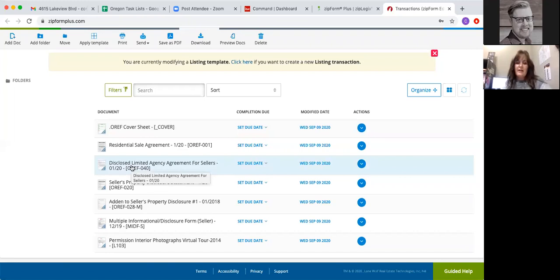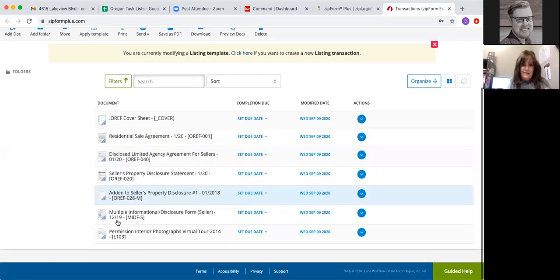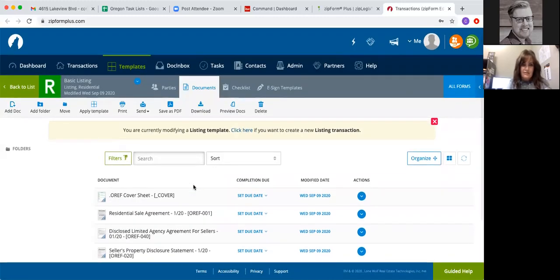You always need that for every single client that you ever have, whether or not you're in dual agency or not, they still need to fill out that or sign that form, or at least be presented with the form so that they understand what dual agency is and that they may be in it, especially if it's a listing. Some people won't sign it. So if they will not sign it, just write on it for me that they said that they won't sign it. They understand what it is, but they don't want to be in that situation. We need property disclosures, your addendum. So this is a basic residential sale, every form that I would need if I were writing an offer, and